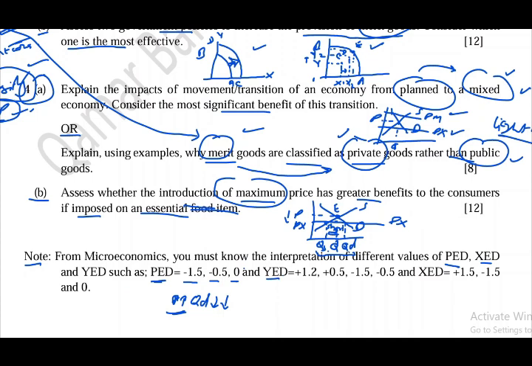And YED plus 1.2, plus sign shows that the good is a normal or luxury product. It means if income increases, demand will rise, right? Positive income elasticity of demand means when income increases, we use Y for income, and this is the standard variable or abbreviation used for income. Y is basically for yield, and yield means income or output that is produced generally. So we use Y for income.